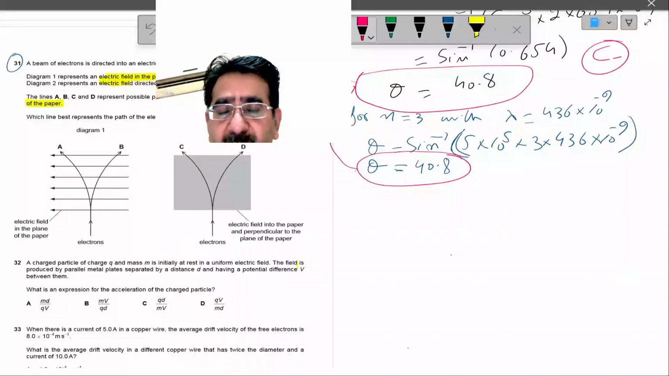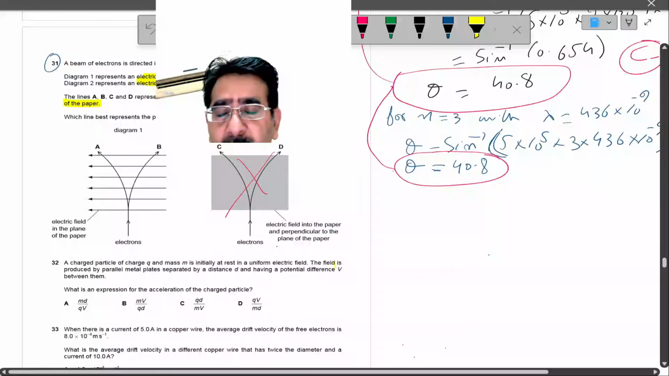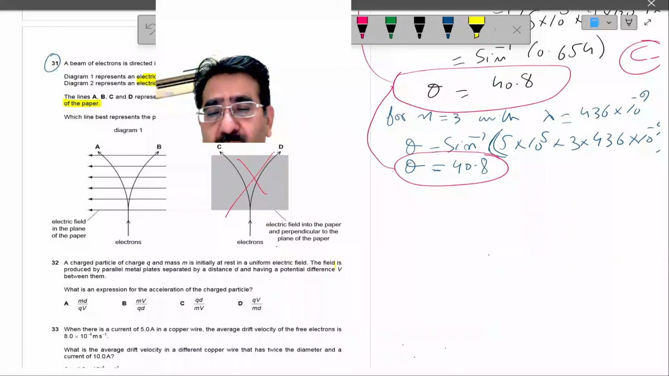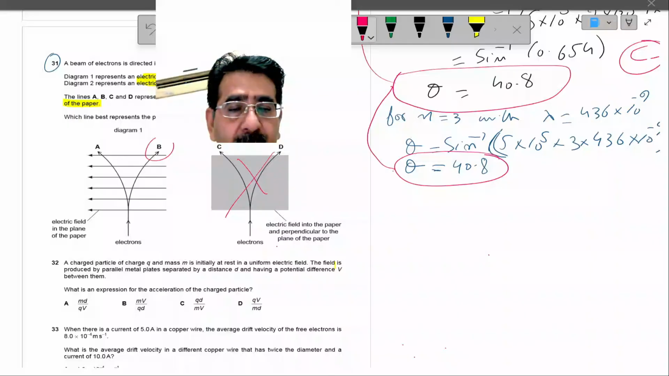Okay, in the plane of paper, but electric field is perpendicular to the paper. But so deflection is, in diagram 2, the deflection is not along the electric field. So every electron is always deflected due to the electric field, so its deflection must be toward the electric field. So this diagram is totally wrong. So move toward diagram 1. In diagram 1, electron must move to the positive direction. So B, because